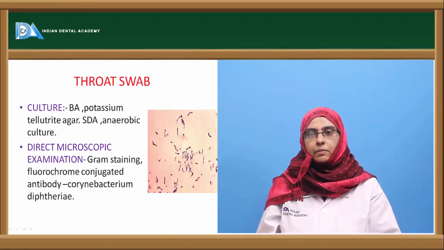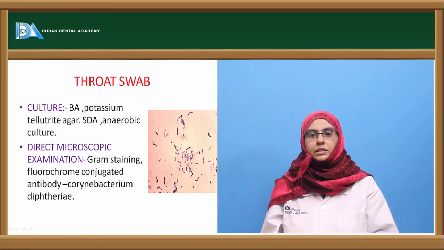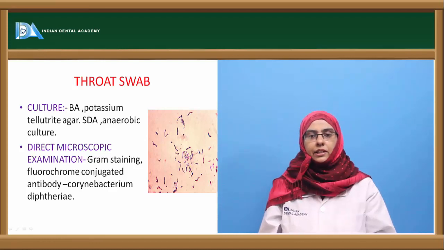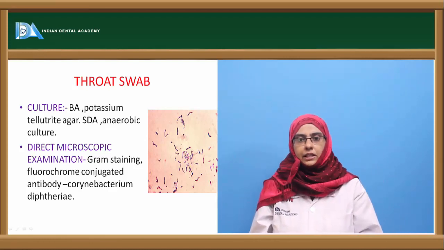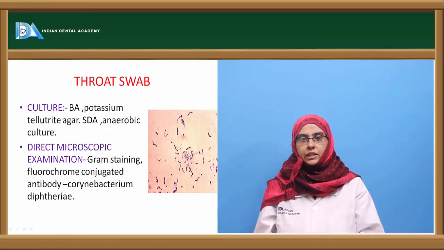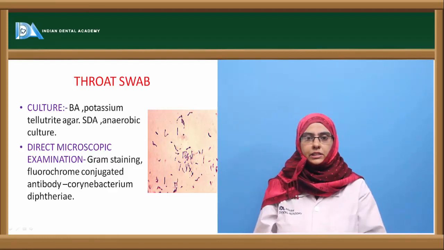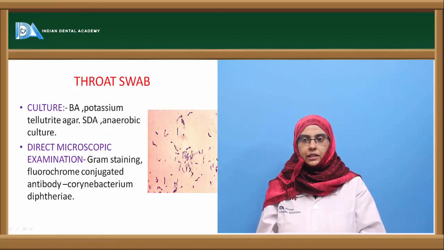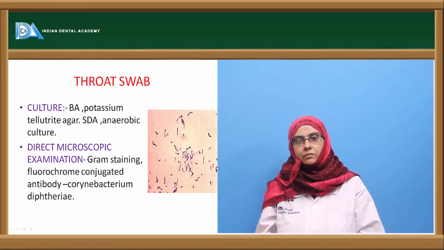Next is the throat swab, which is collected with a sterile swab and directly inoculated onto media such as blood agar and potassium tellurite agar. This potassium tellurite agar is mostly used to identify the diphtheria bacilli, that is, Corynebacterium diphtheriae, which is indicative of respiratory disease in children and patients. So a special medium is used here for the throat swab to identify Corynebacterium. Apart from that, you can go for SDA or anaerobic culturing for identifying the anaerobic group of organisms. For microscopic examination, go for Gram staining and the fluorochrome-conjugated antibody technique, specially designed to identify Corynebacterium diphtheriae under